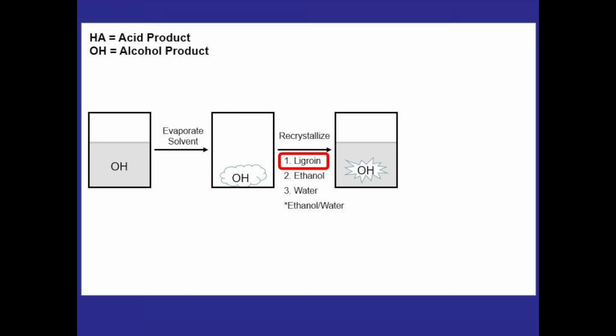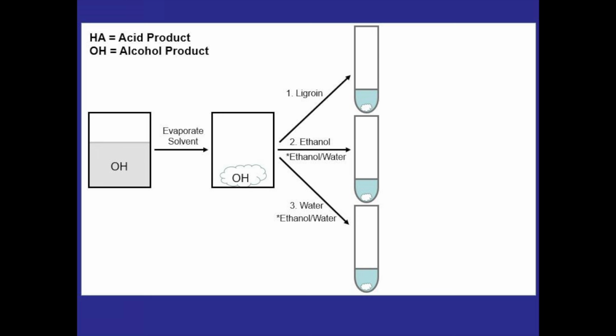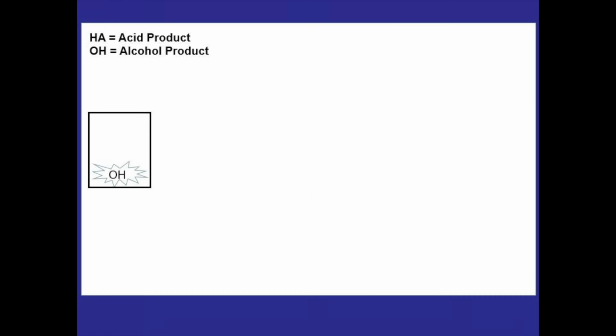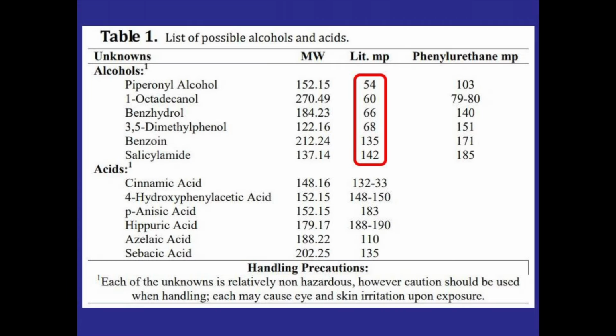But to be safe and to figure out which one would really be best, what we'll do is separate a little bit of the crude product into 3 separate test tubes, and in each of those, recrystallize the crude alcohol using one of the 3 solvents or an ethanol-water mixture. Whichever one ends up working best, we'll just use that solvent to then recrystallize the rest of the crude alcohol. Once we've separated those crystals, we can then obtain the melting point range and compare that to the literature values